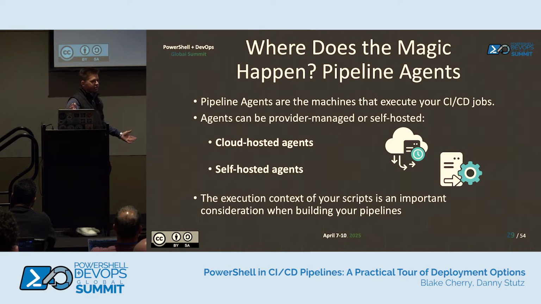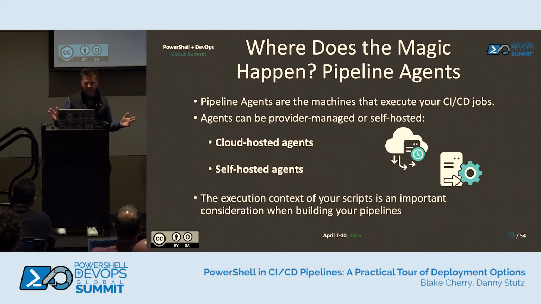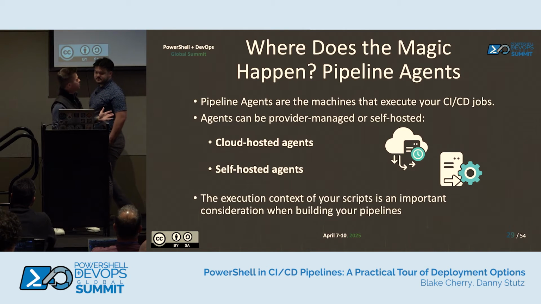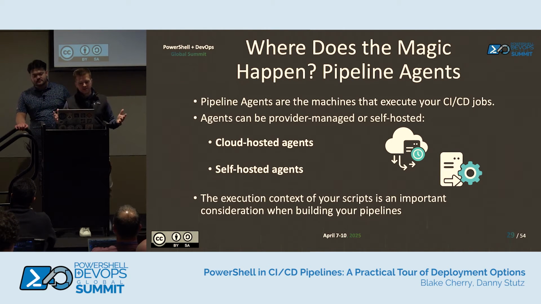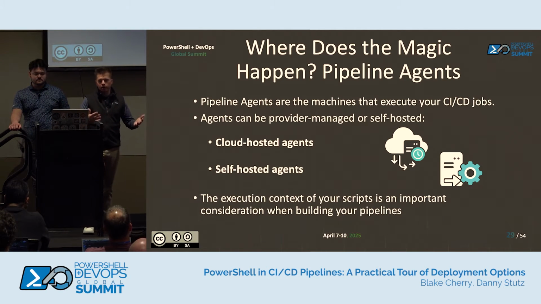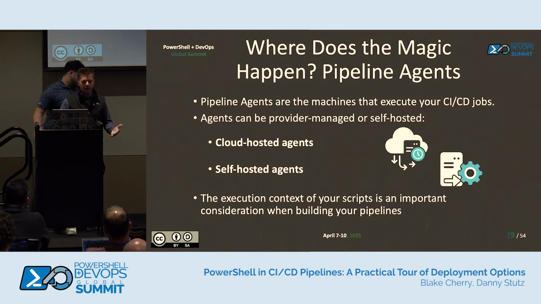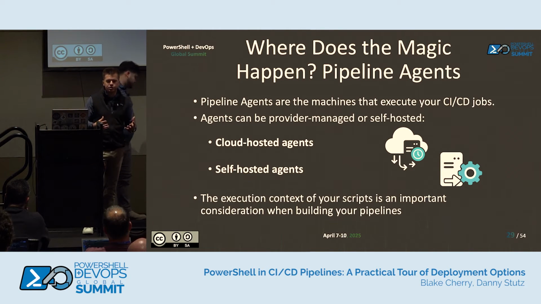But where does the magic actually happen? Where is your code actually running with these mysterious pipelines? Pipeline agents are the machines that ultimately execute your CI/CD jobs, and mainly there are two options of where that agent can be hosted. It can either be hosted in the cloud through typically a managed type of relationship where